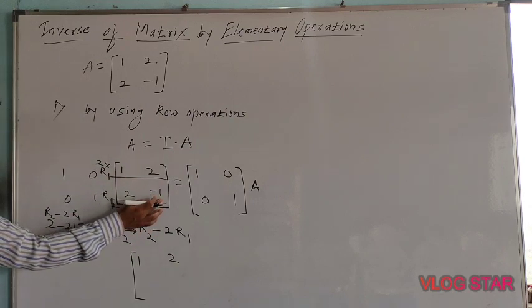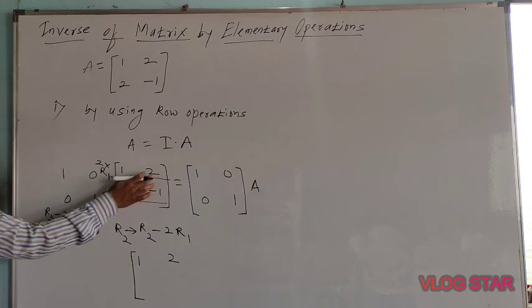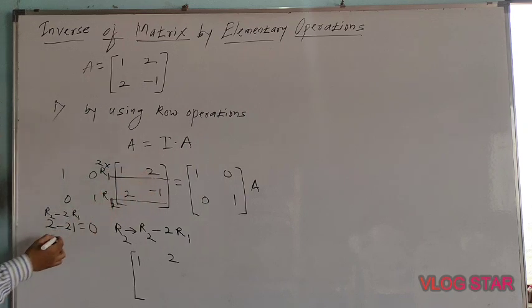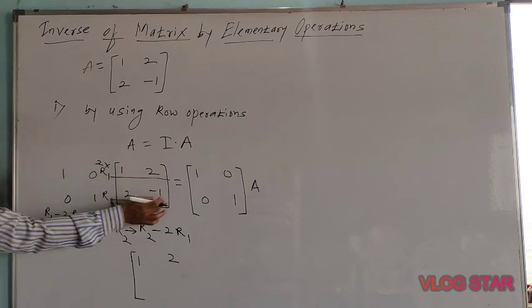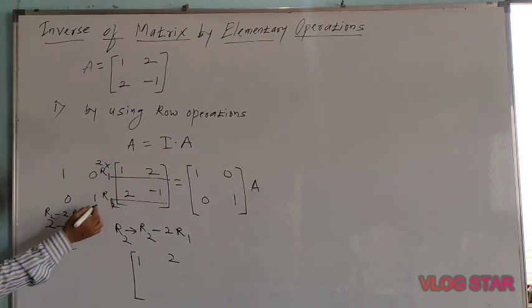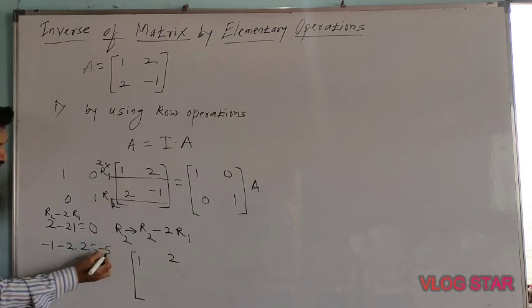Now minus 1 minus 2 into 2. For this element, this is the element quotient. So minus 1 minus 2 into 2. See here, minus 1 minus row 2, minus 2 into row 1. So 2 into row 1 is having 2. So minus 1 minus 2 into minus 2. Minus 2 into 2 is what? Minus 4. Minus 4 minus 1 is minus 5.